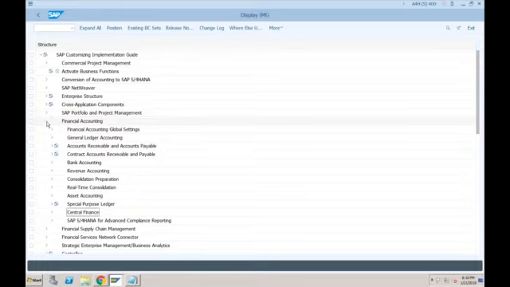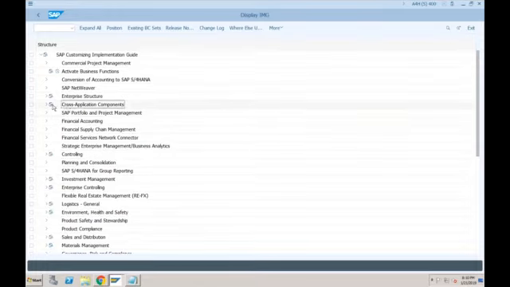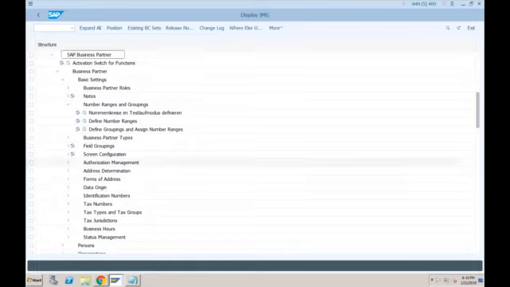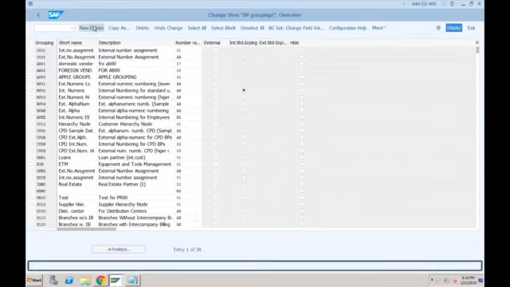So I'll go to cross application components, then SAP Business Partners, then basic settings, then number range and groupings. And here I will create two new groupings, one for domestic, second for foreign.